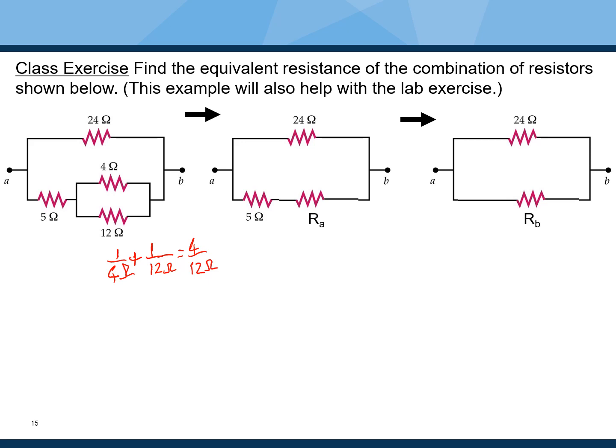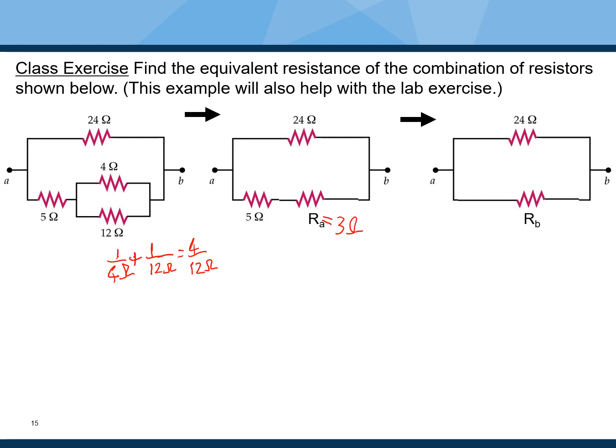And we have to take the reciprocal of that, which is actually equivalent to saying that we have 3 ohms in here. So we go from the left panel to the middle panel where the resistance RA is